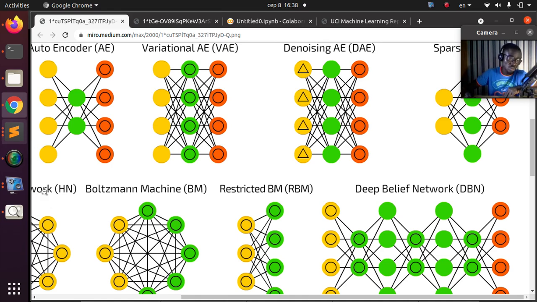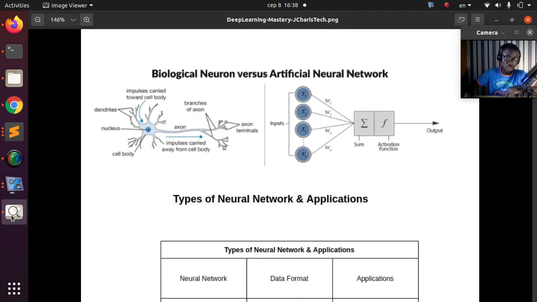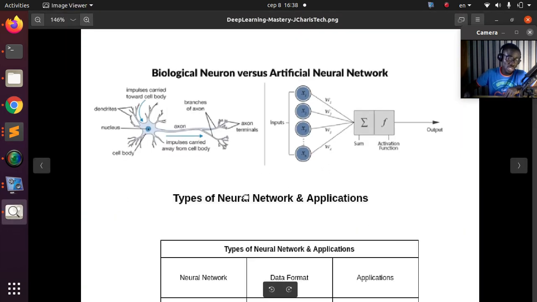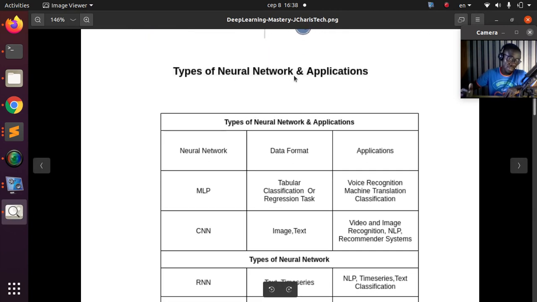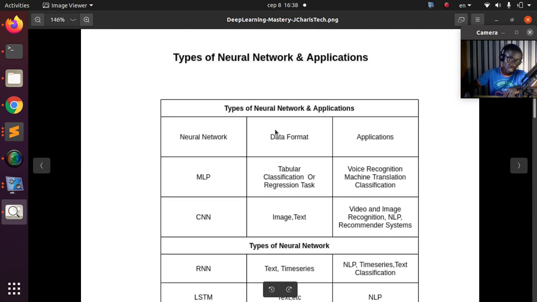Okay, so how do you know which type of neuron to choose, right? Or how do you know the type of neurons and what to use it for? So these are the types of neurons and then the applications. So this is something simple to help you with that. So we have the neural network, we have the data type you want to work on, and we have the